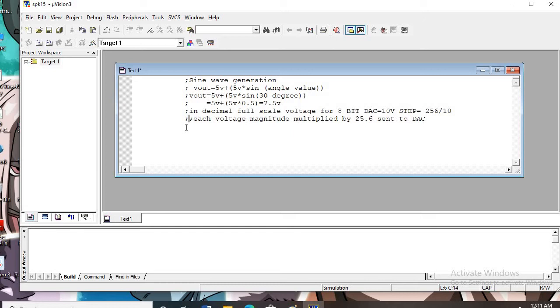So this above 7.5 multiplied by 25.6 will be equal to 192.